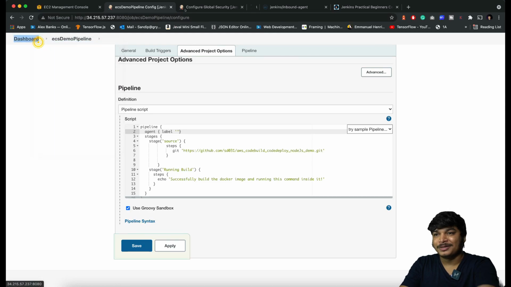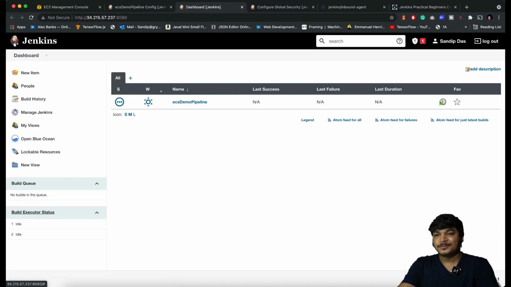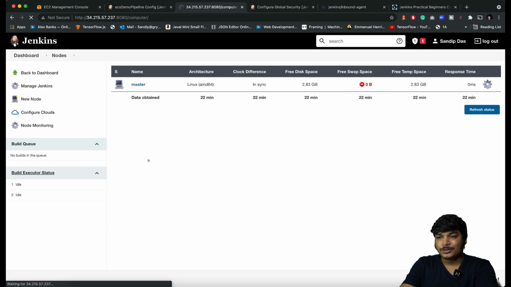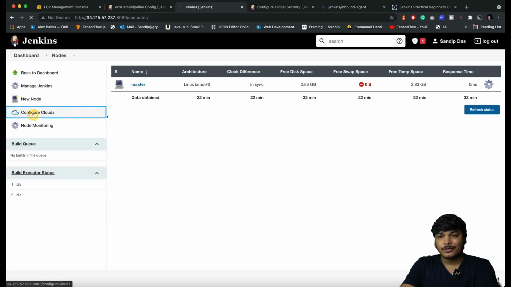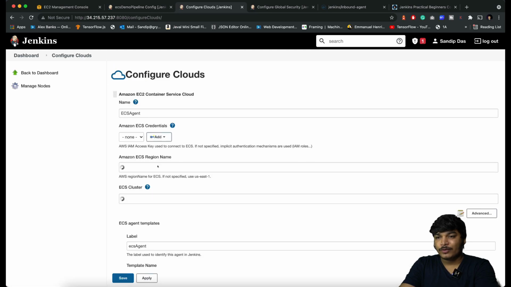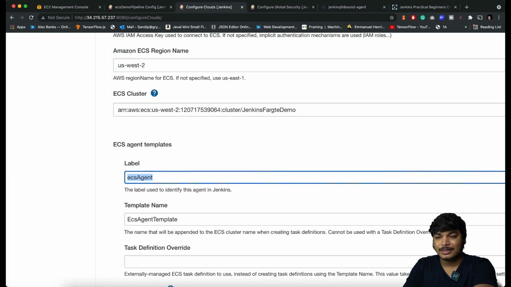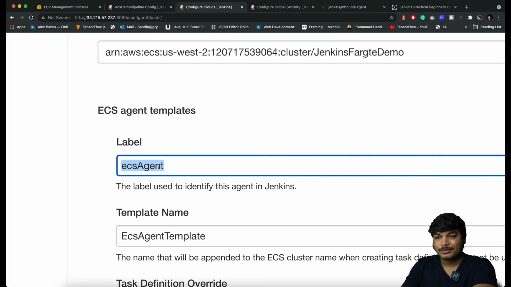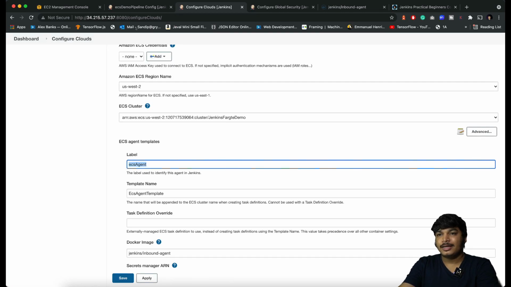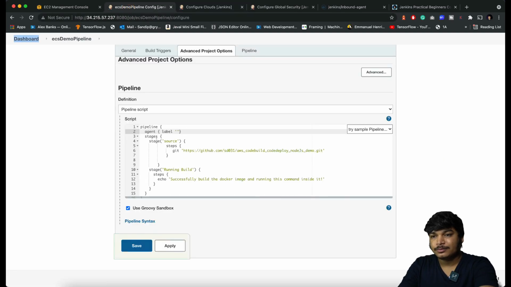Let's go back and copy it. I forgot to copy. So click on manage Jenkins, click on manage nodes and clouds, and then click on configure clouds, and we'll find the agent name here. This is the agent name. What you mention as the label is your agent name. Copy that and target it in this label.